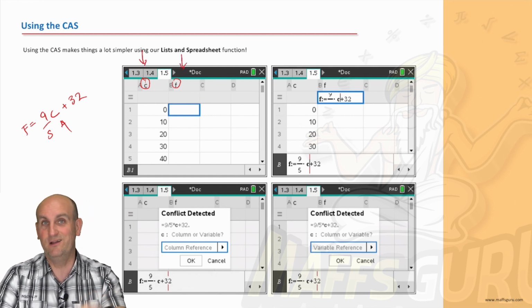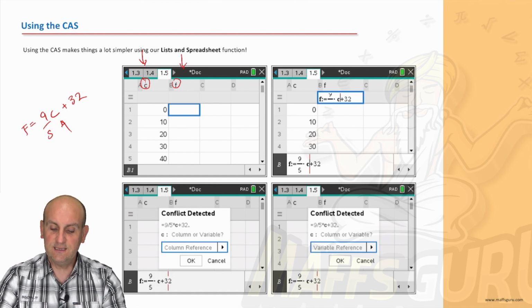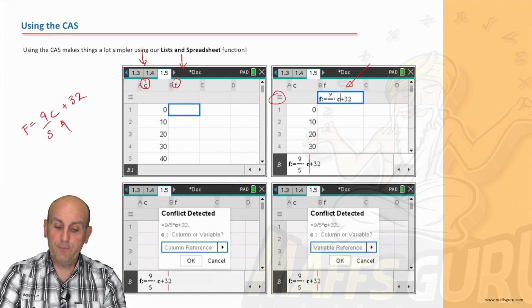Right, so I put 0, 10, 20, 30. I just type those in all the way down to 100. The next thing I did there was put in the formula. Now you'll notice the row that's got the equal sign, that's where you put the equal sign. Now, when I put in F equals, or it did that for me, 9 on 5C plus 32,